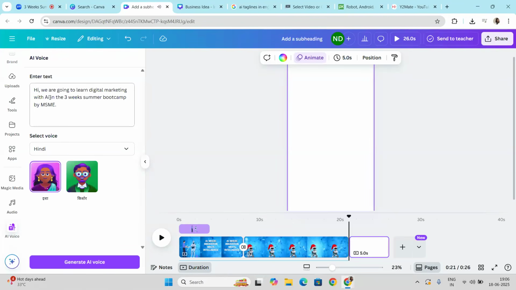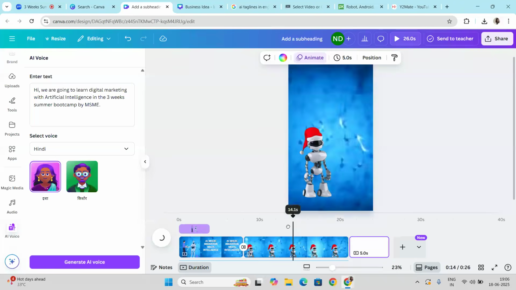Here it's saying I, so I need to specify artificial intelligence. Right now it's not audible to all because the mic is not shared, so only I can hear this AI voice.